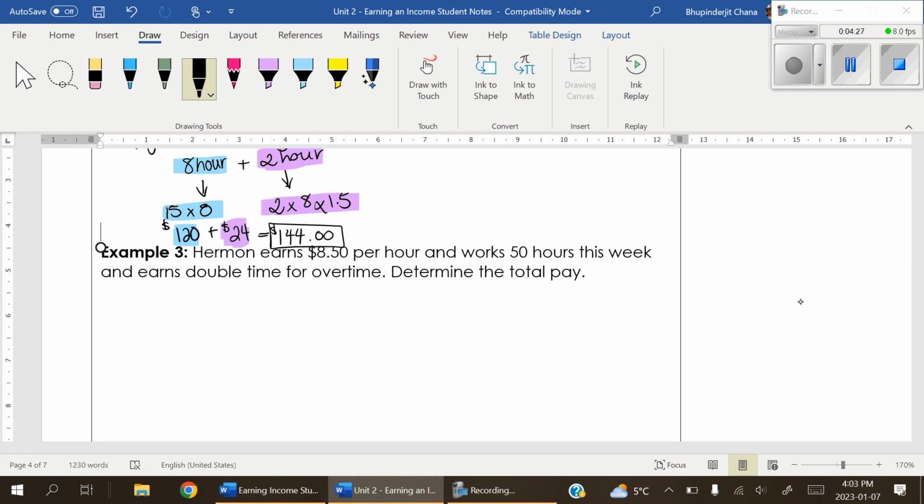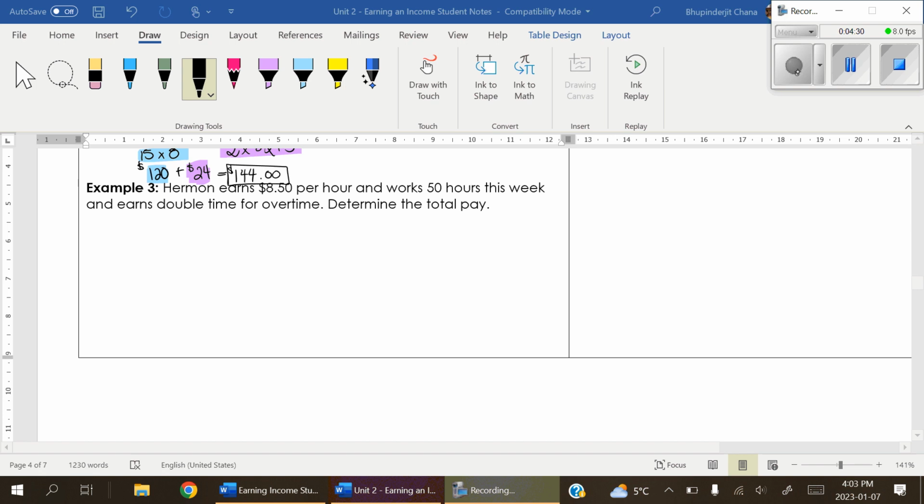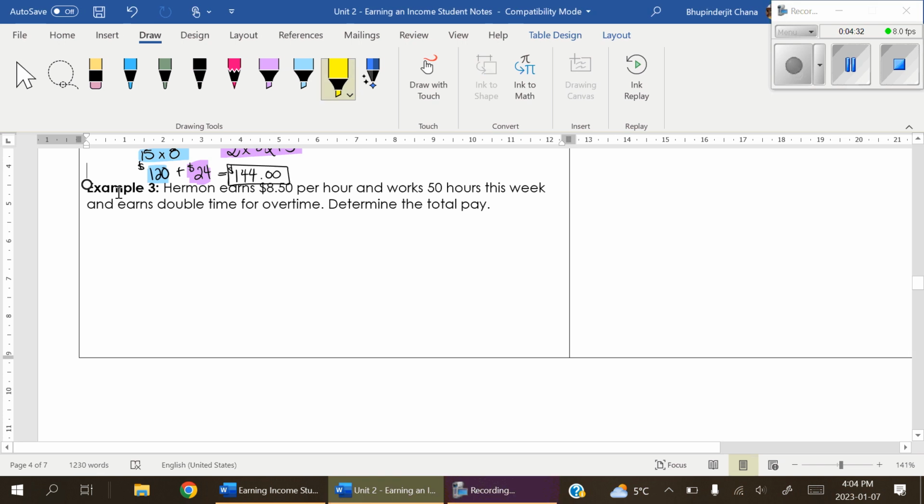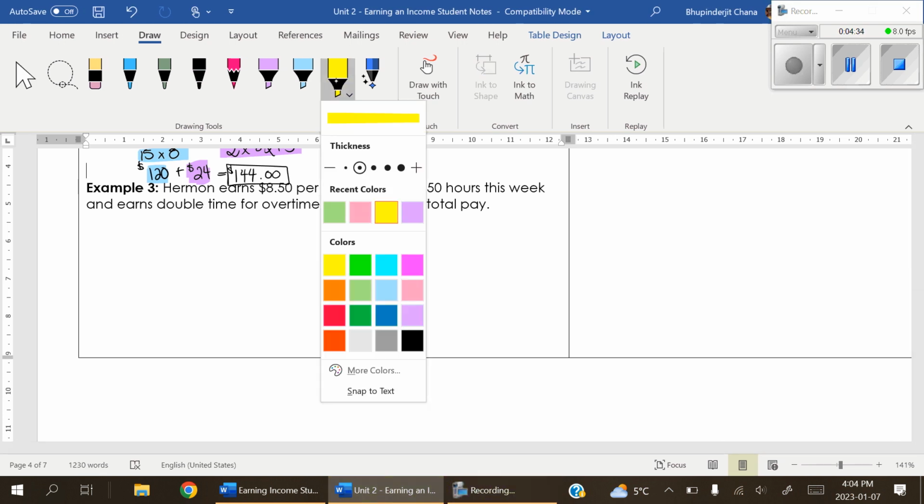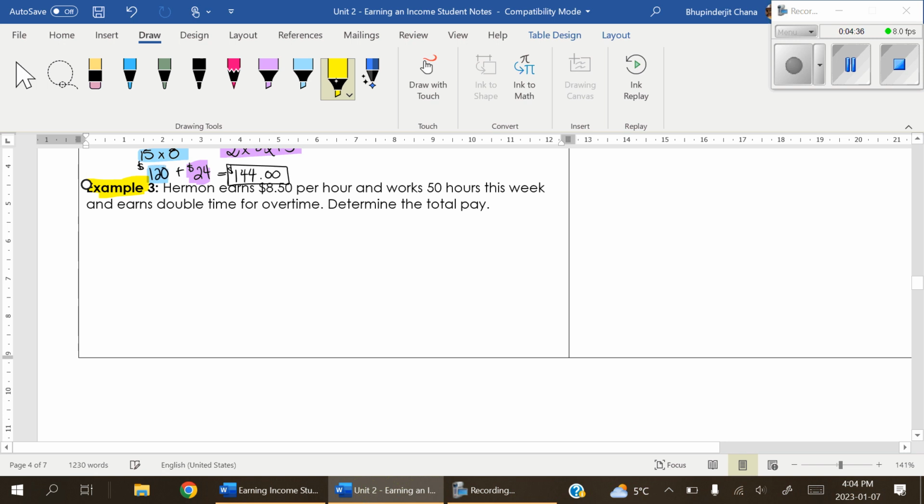Now we're going to do example 3. Herman earns $8.50 per hour and works 50 hours this week and earns double time for his overtime. Determine the total pay. Okay, so the total pay